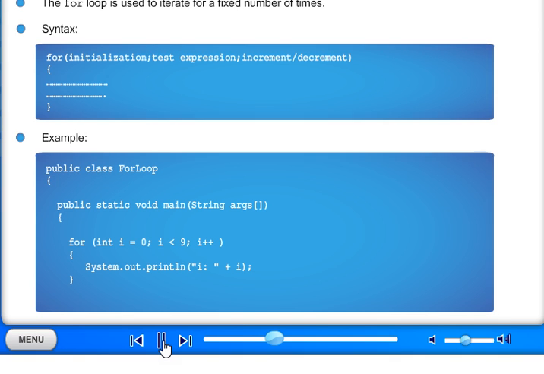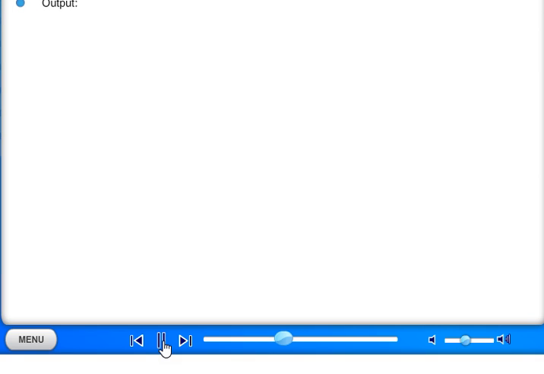The example shown on the screen consists of the for loop. The variable i is initialized with 0 and incremented in each step of the loop. When the condition statement evaluates to false, that is, when the value of i is no longer less than 9, the loop exits. The output of the given program is